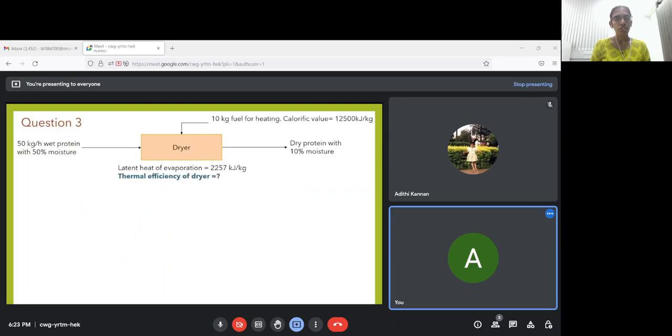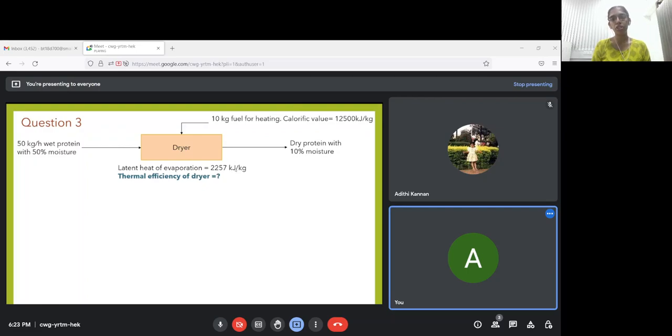Moving on to question 3, this is a drying process where 50 kg of wet protein with 50% moisture is sent inside the dryer per hour, and in order to dry this protein, they are using 10 kg of fuel. So this 10 kg of fuel has a calorific value of 12,500 kilojoule per kg. So 10 kg of fuel is used to heat the wet protein to finally get a dry protein with 10% moisture. So what else is given is the